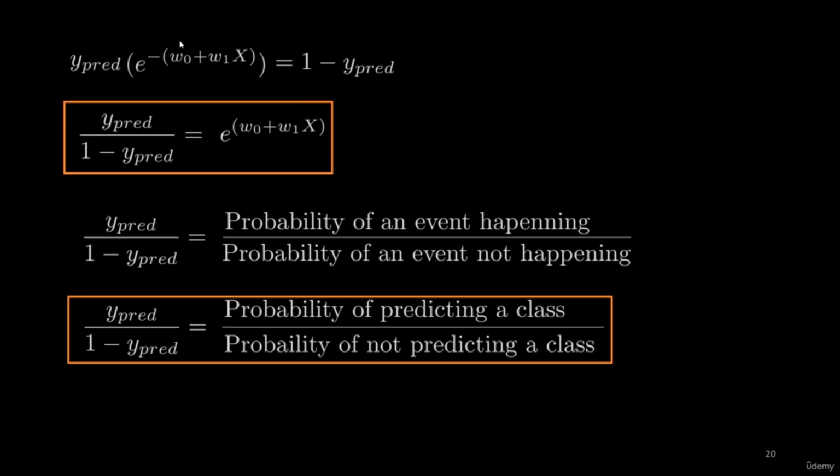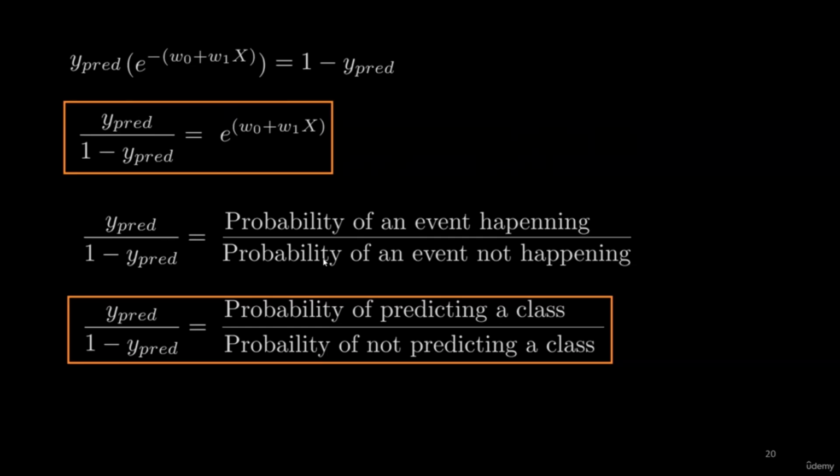Similarly, I am moving this exponent term from the left side of the equation to the right side. When I move this exponent term, the sign of its exponent value changes. Previously it was a negative sign, and now it becomes a positive sign. So this is my final equation for logistic regression, where y pred is the probability of an event happening,